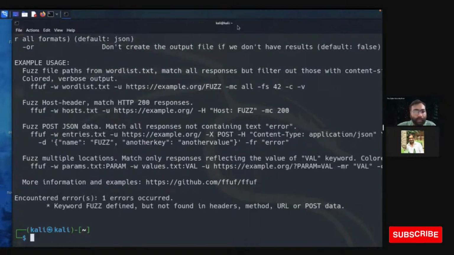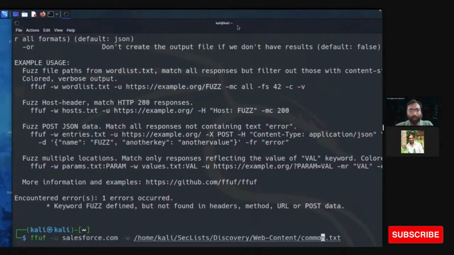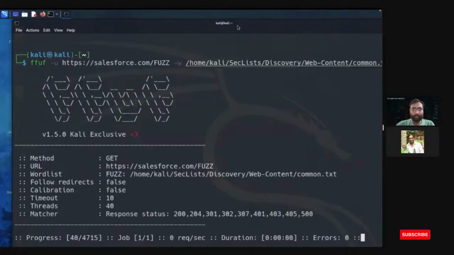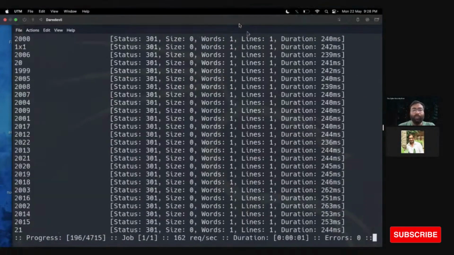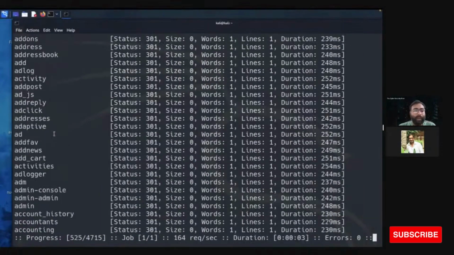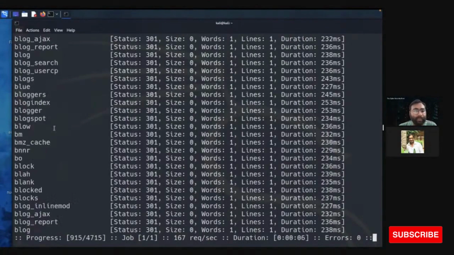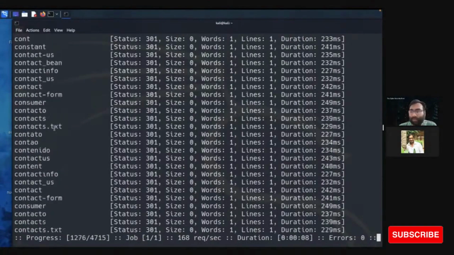So we have an error. Okay, I didn't give the full URL. Now this will run and it will find all the possible directories and links.